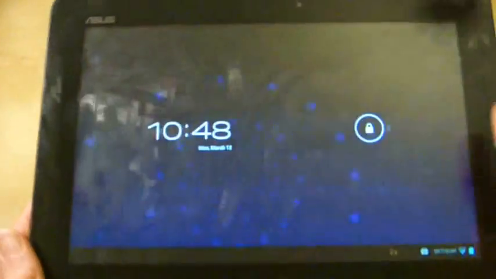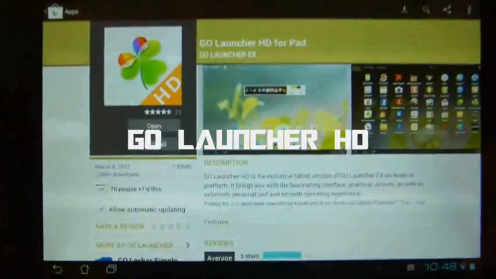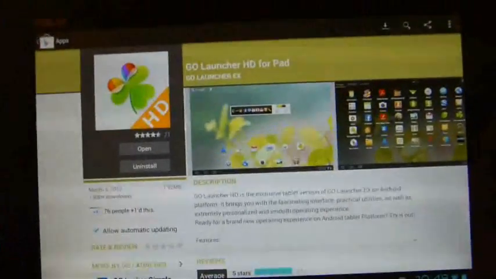This is another application, so it's available for all Android devices, but it is targeted towards tablet devices, and this is what we are looking at. It is called Go Launcher HD for Pad. This is an improvement on a launcher called Go Launcher, which was available previously for smartphones,